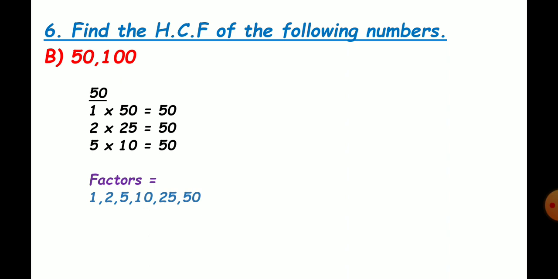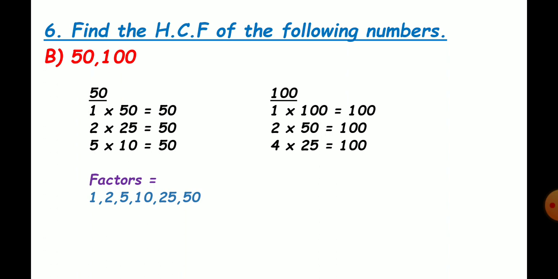Next is 100. Find the factors of 100. 1 100s are 100, 2 50s are 100, then 4 table also it comes. All the numbers ending with 2 zeros come in the 4 table, children. This is a trick, okay? If a number has a minimum of 2 zeros at the end, like 100, 200, 300, 400, 1000, 2000, then it definitely comes in the 4 table. So for 4, you have to divide and check how many times.